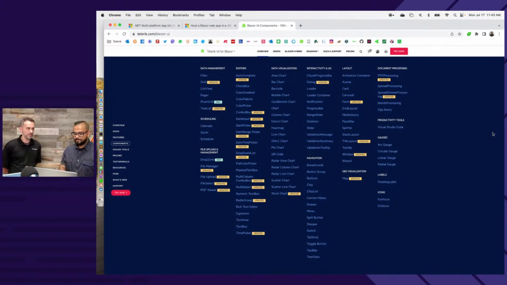We got some heavy hitters in here too. The PDF viewer, Gantt charts. The really complicated stuff. Really complex data grid operations with export capabilities and filtering and sorting and paging and all that stuff. We've got the Telerik reporting viewer in there. So all of this you can bring onto a desktop or a mobile app. Yeah, absolutely. Now, there are multiple ways in which you can do this.